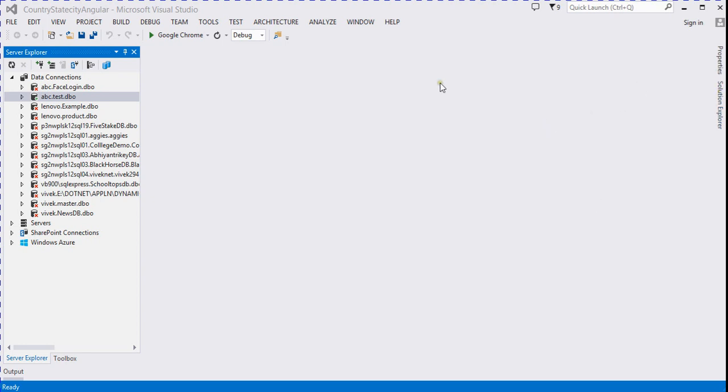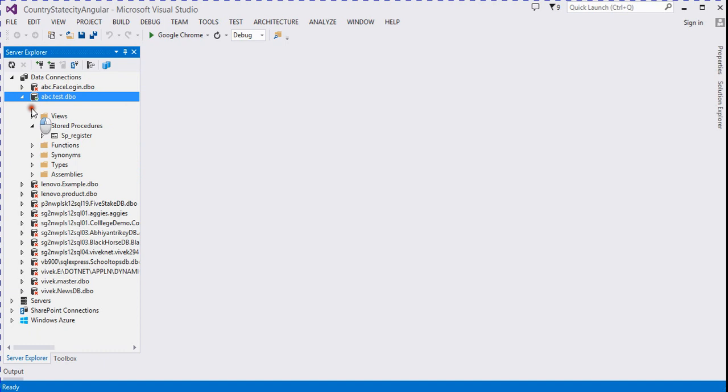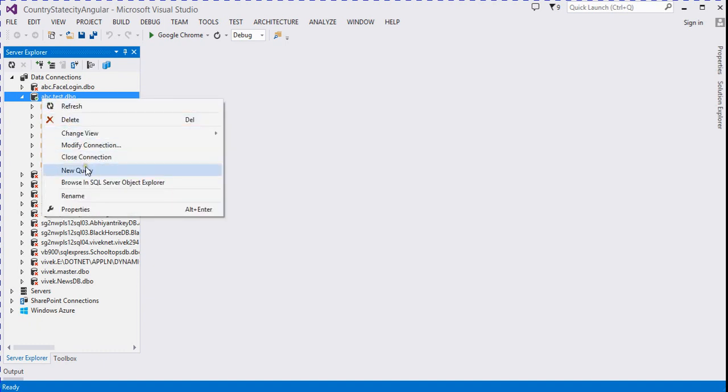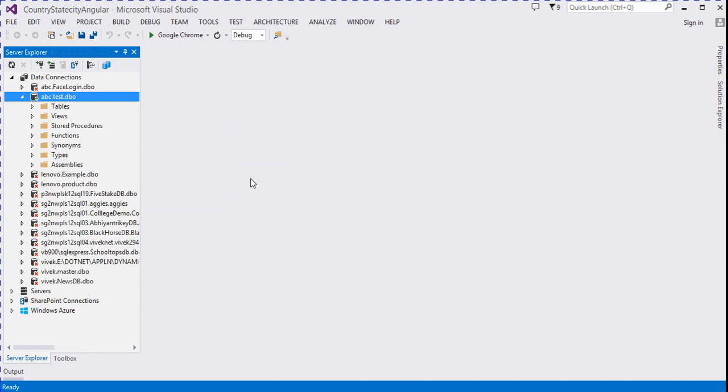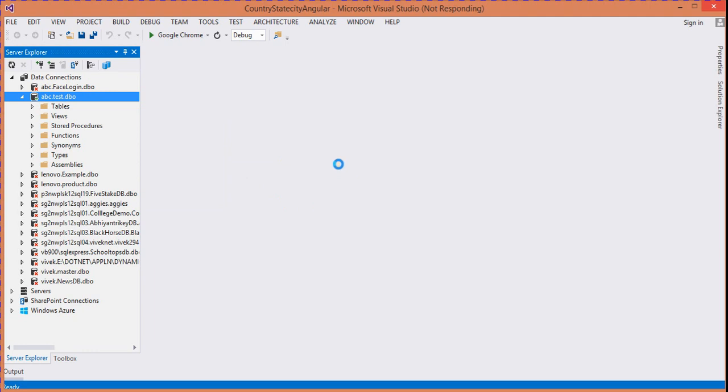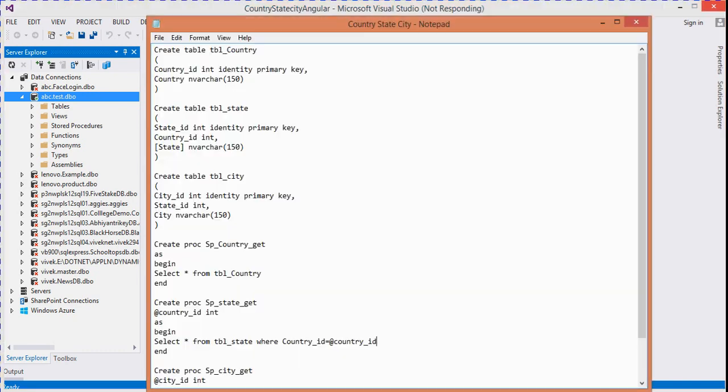So in the first step we create a database for this. I already have a database. So we need to create country, state and city tables and their related store procedures. So we click on a new query. Now it's opening. I already created the tables. This is the country table and this is the state